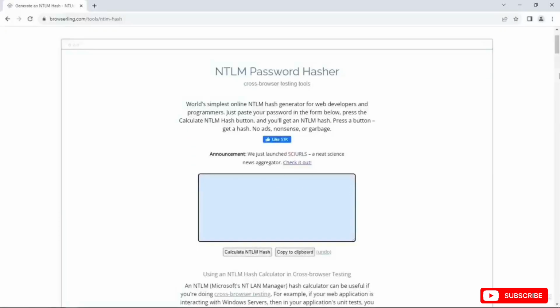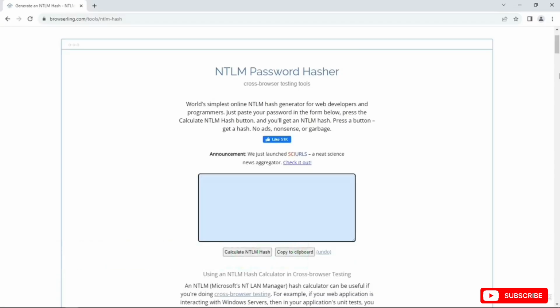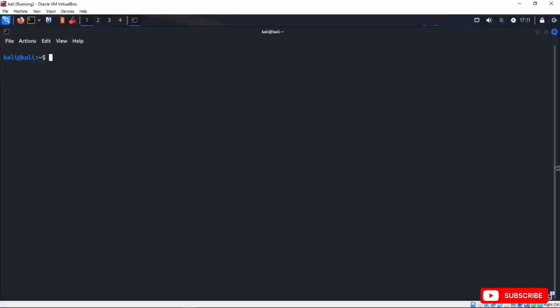John the Ripper can crack Windows password hash files. It's quite complex extracting password hashes from Windows, but a simple way to create a list of Windows NT password hashes to test our tools is to create them using the BrowserLing online portal. We'll create a hash file with nano winhash.txt,